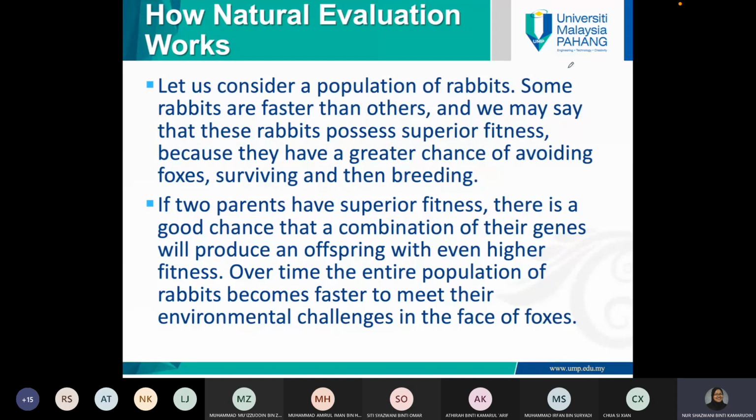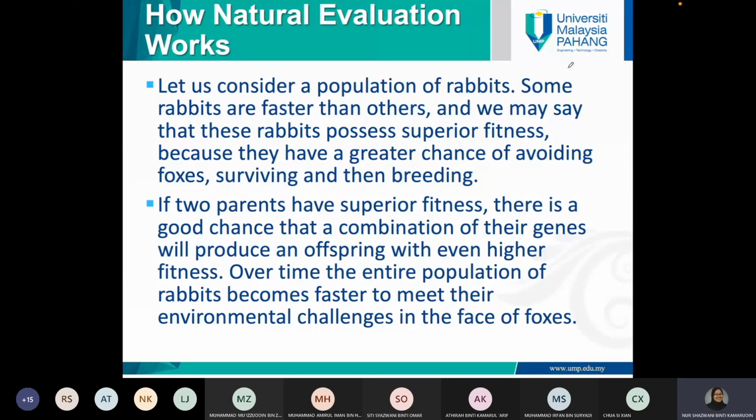So the tendency of those rabbits that can move faster to survive is higher compared to the rabbits that are weaker and slower. And then these faster rabbits will be able to survive attacks from any foxes or any kind of attack from other animals, survive and breed and produce more rabbits